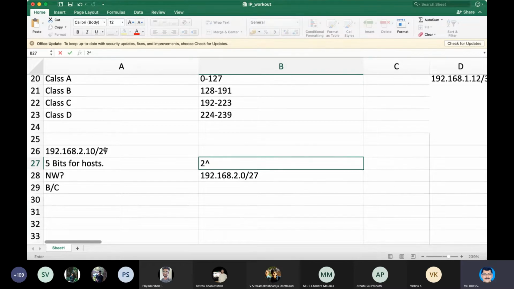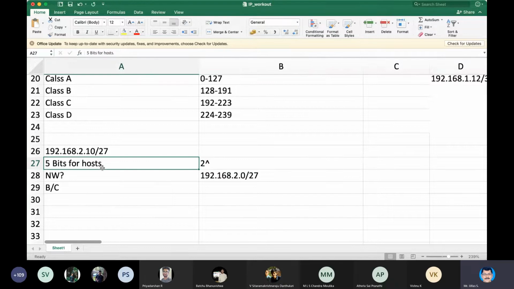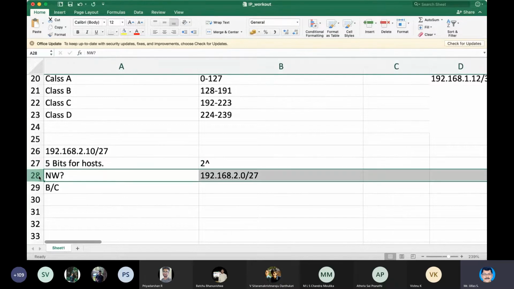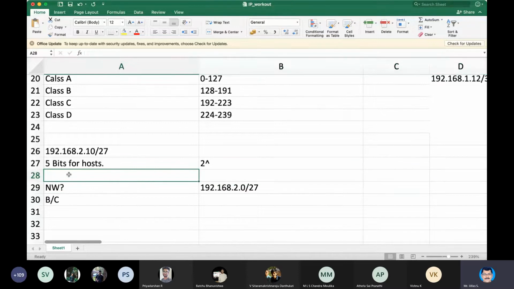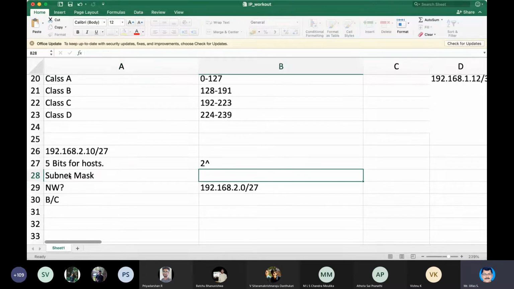Ideally speaking, we are supposed to write the network address and then we are supposed to write it. Anyway, let me write in that way first, then I'll show you the easiest way. That will be easy for you. Let me write the subnet mask first, 255 dot. What is the subnet mask here? 255.255 dot. The last token we have to calculate.